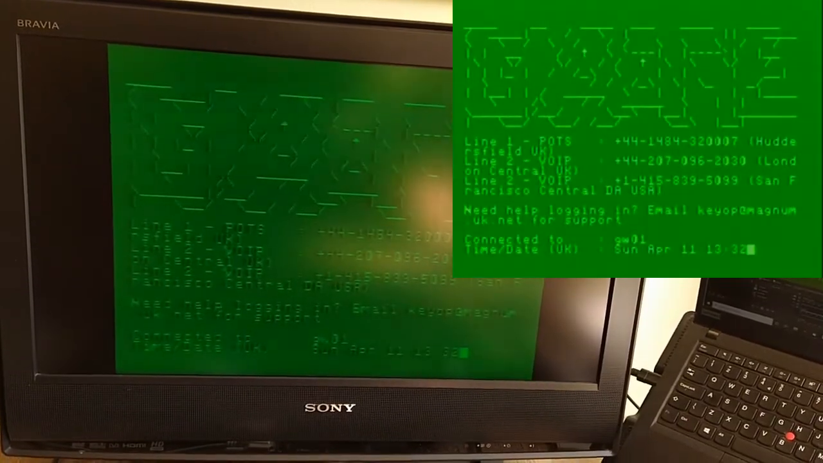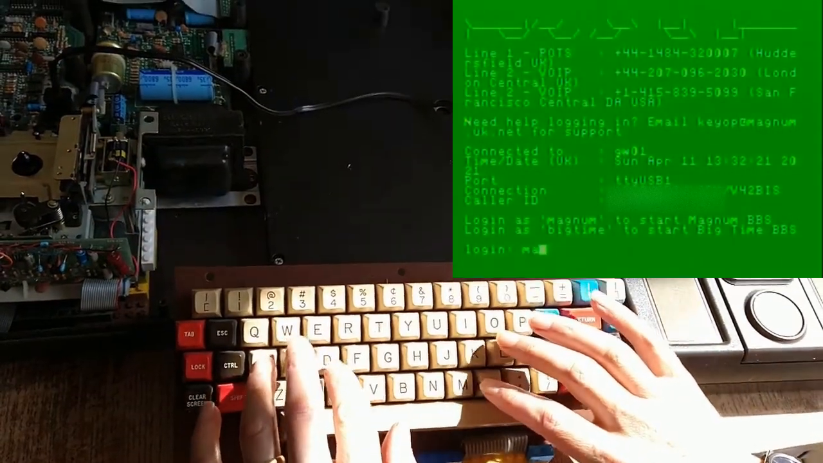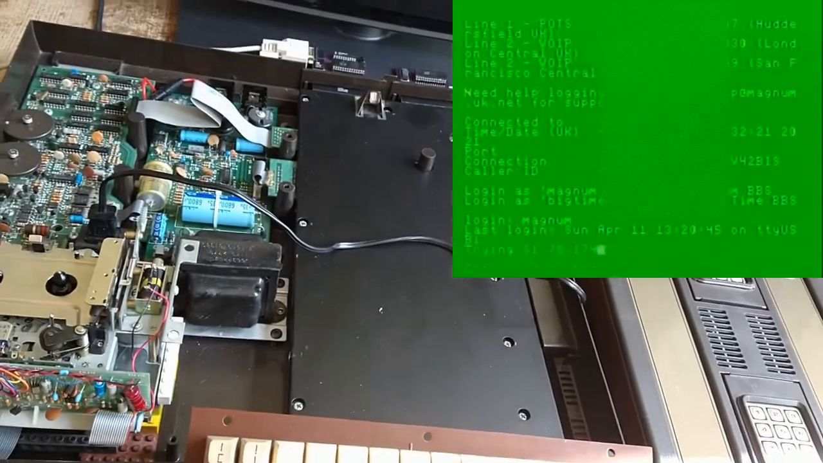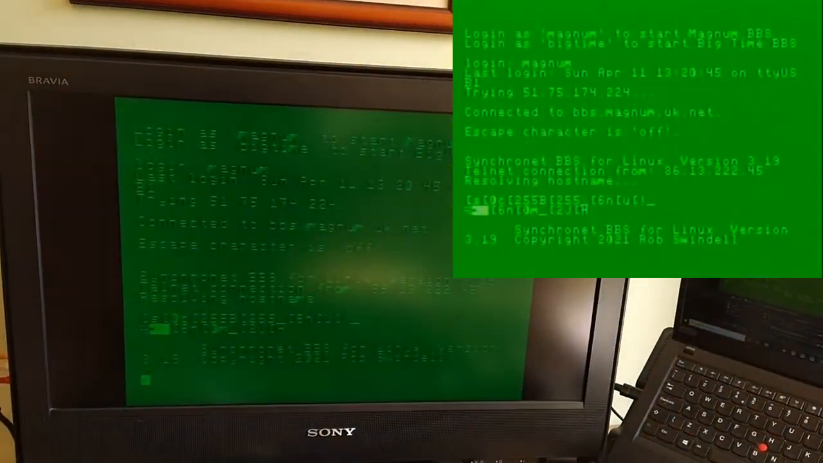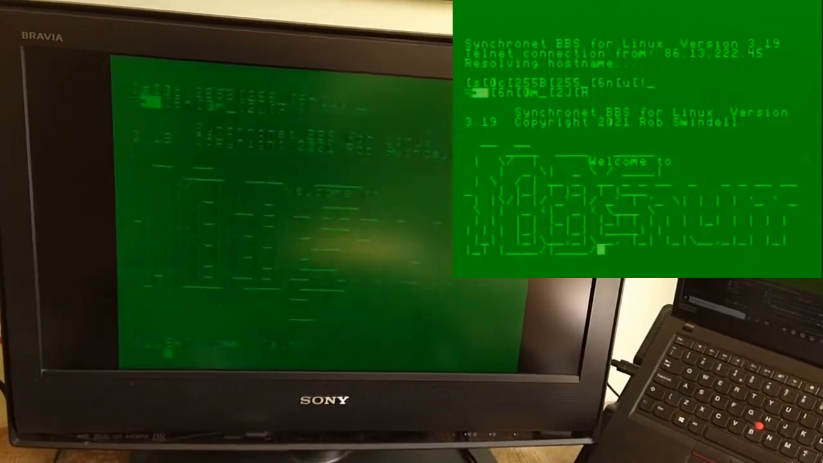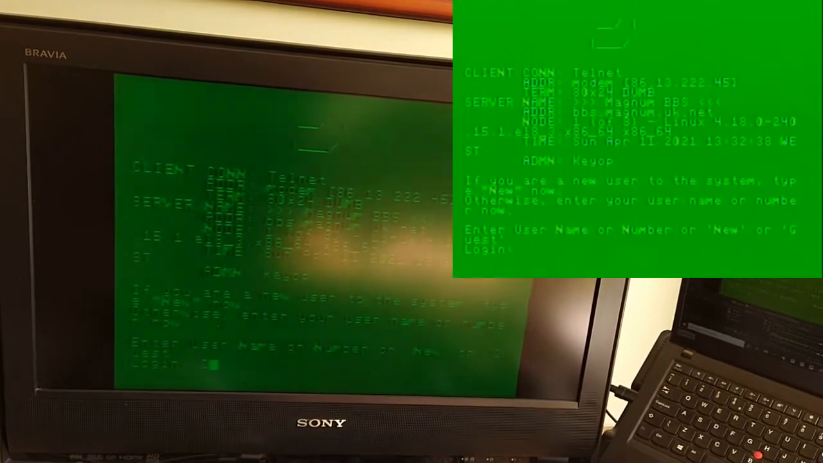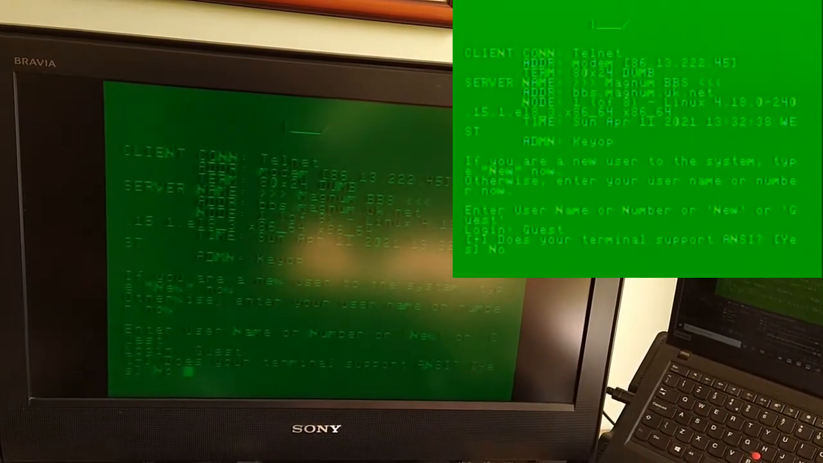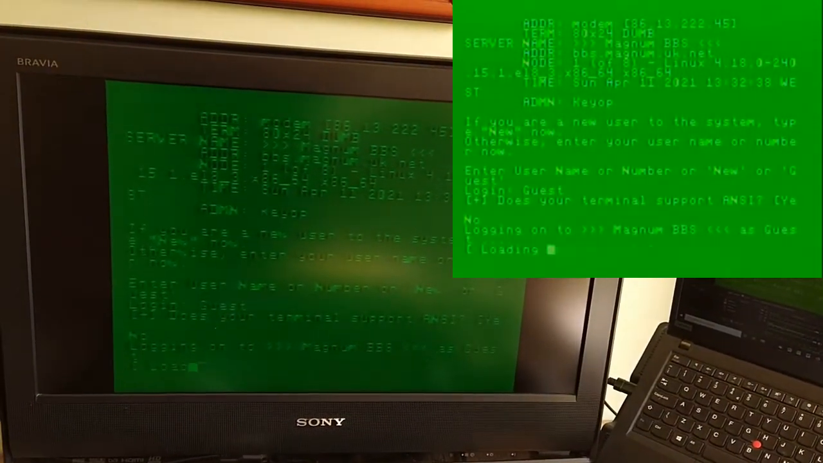And the first thing that Magnum will ask is which bit of the service we want to connect to. I'm going to use Magnum because we can use a guest account. So it will now go through the login process, and we can log in as guest. Our terminal does not support ANSI graphics, so it loads messages,